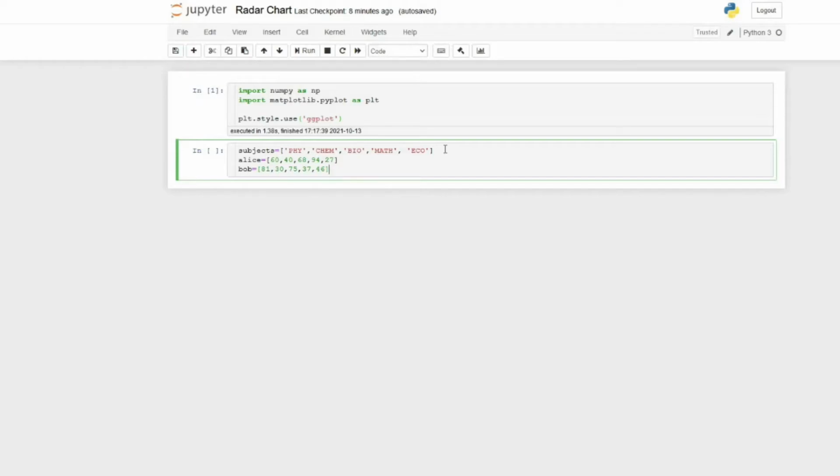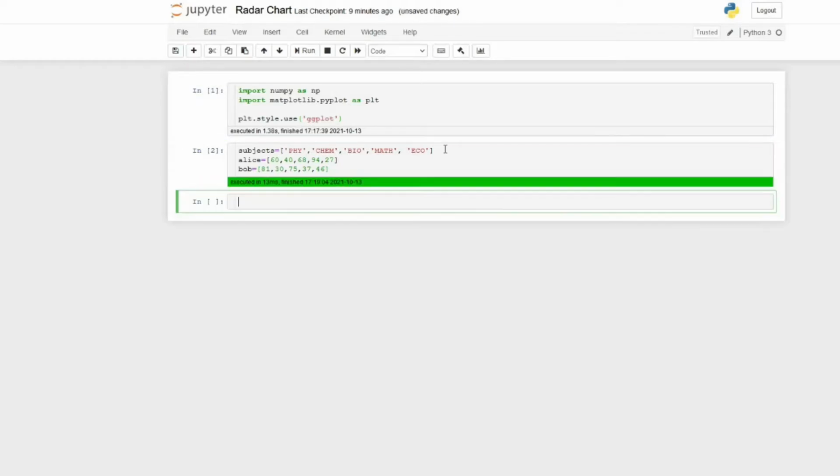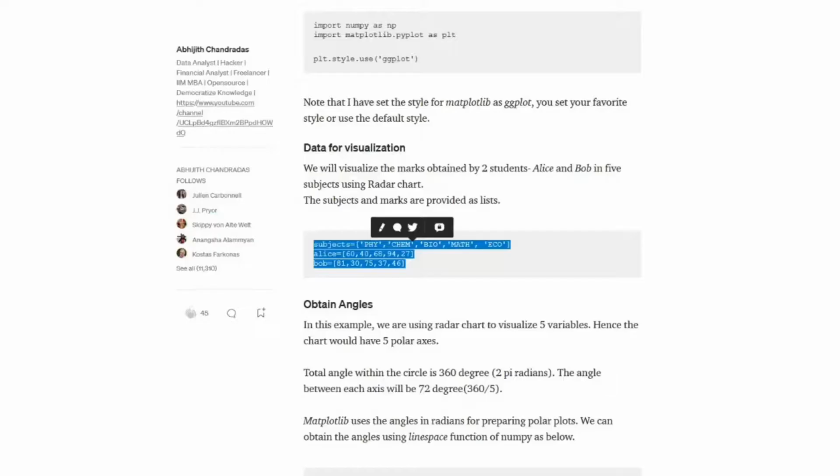If I say label, it means that subject list, and if I say value, it means the marks of Alice and Bob. Okay, so now the data is also created.